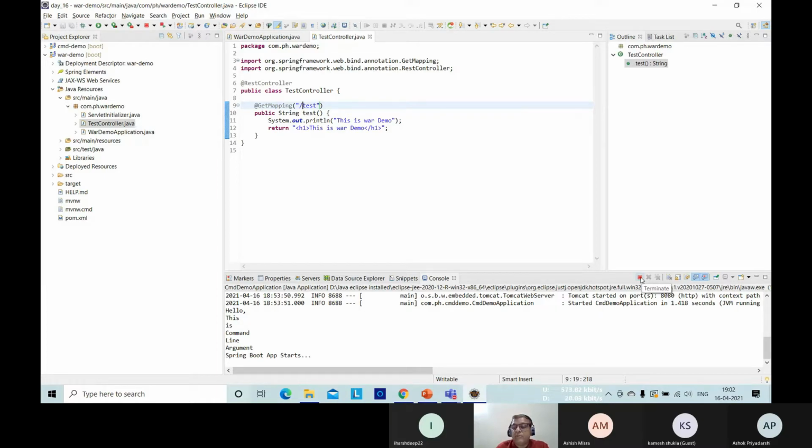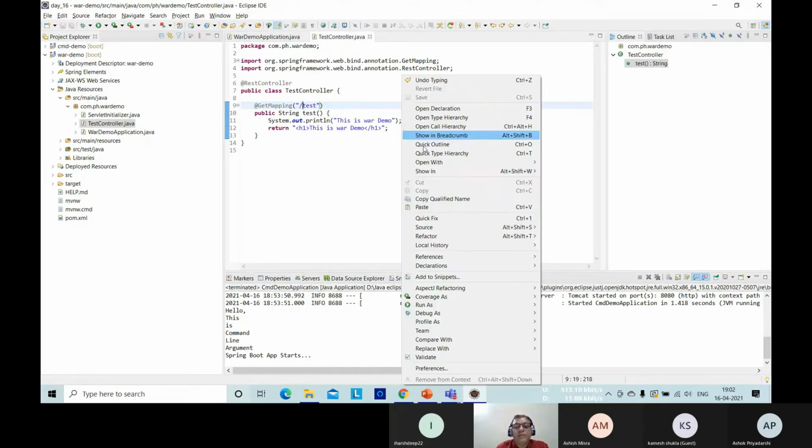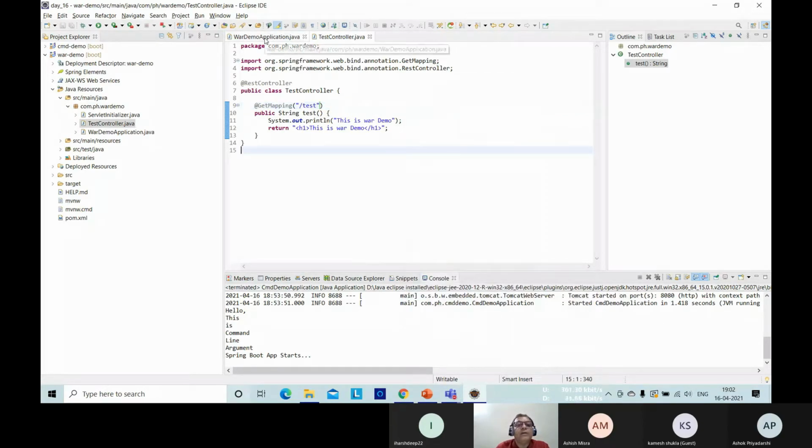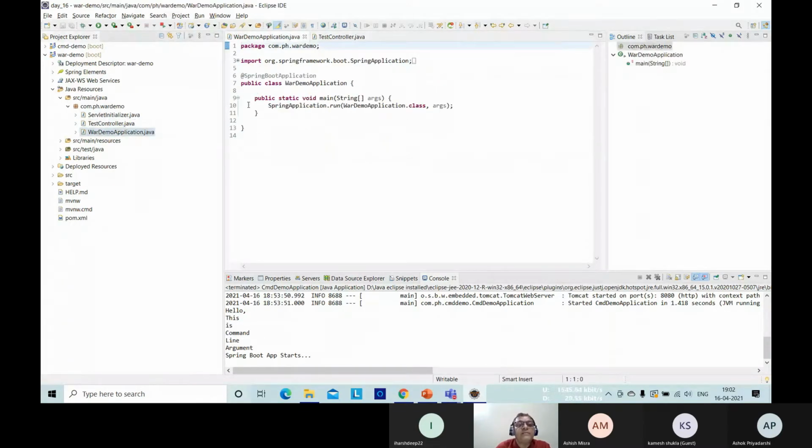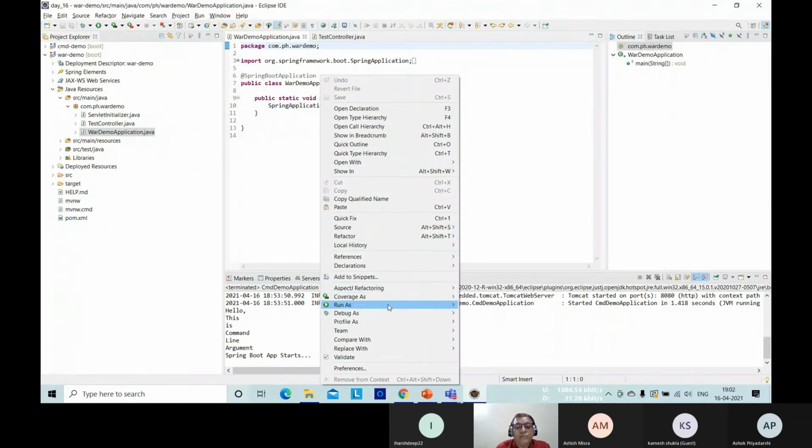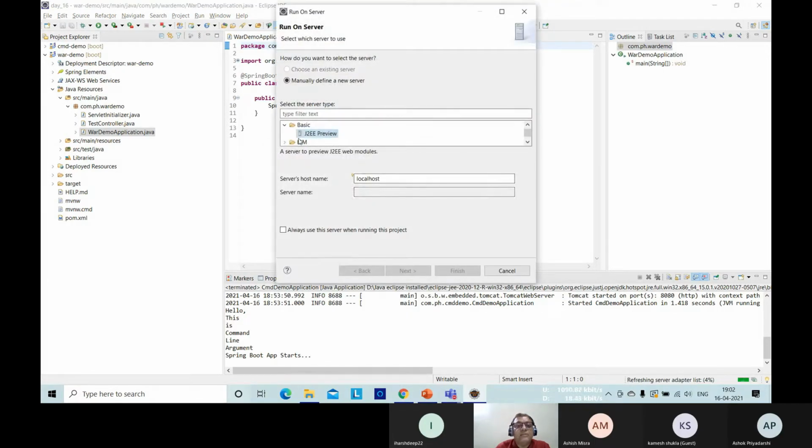First of all, close the server which was running earlier, the earlier instance. When you do the right click here on the war demo application, you don't have to run like this.